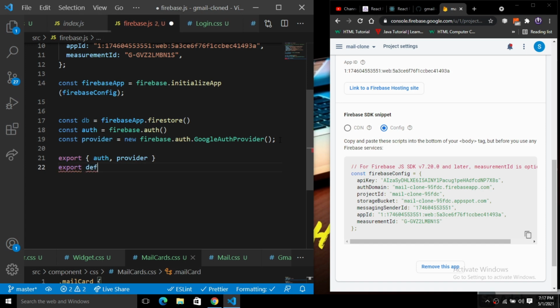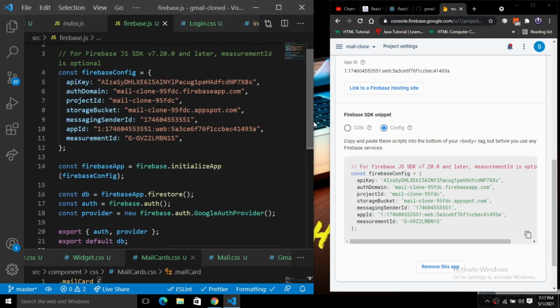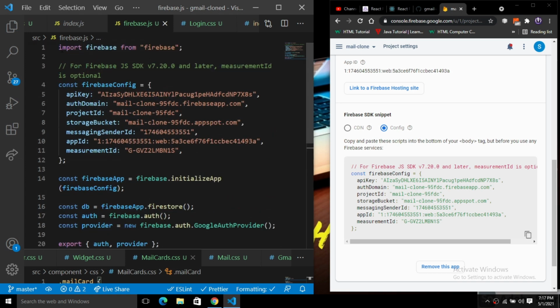So export default database. This is the exact way of doing this. Now I'm going to simply save this, and now we are able to use this. We have this firebase.js, and we are done with this.